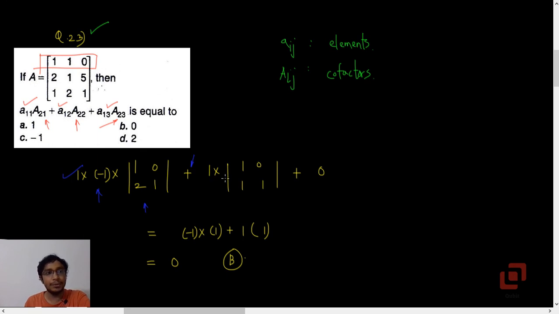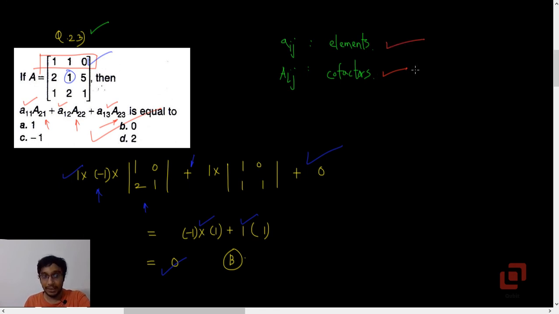Plus 1 into, now my cofactor of a22, that means this one, because 2 plus 2 is even, its minor will be equal to its cofactor. Okay, cofactor is 1001 determinant. This is 0, so don't consider that. So minus 1 into 1 plus 1 into 1, 0. So option B. Okay, a very straightforward question, but you should know that uppercase letter denotes cofactors and lowercase letters